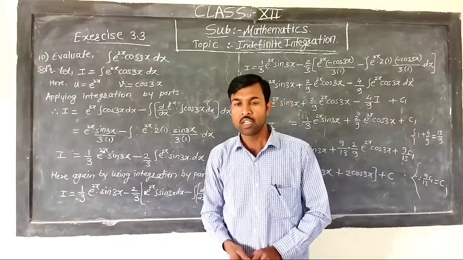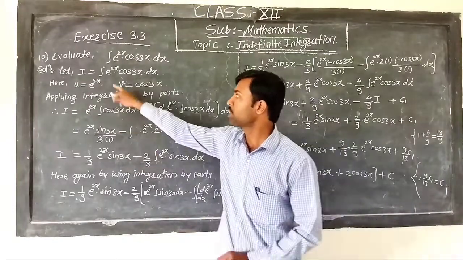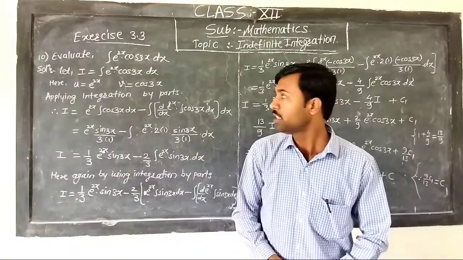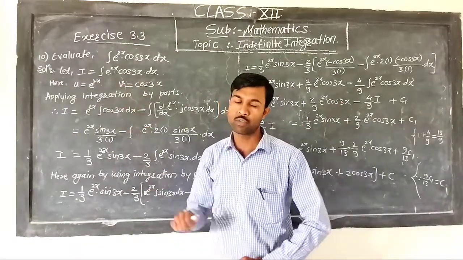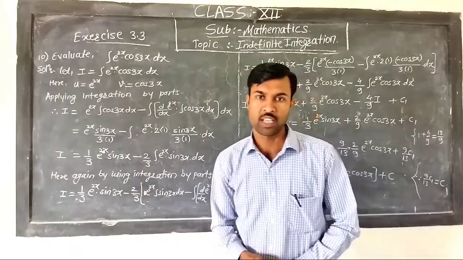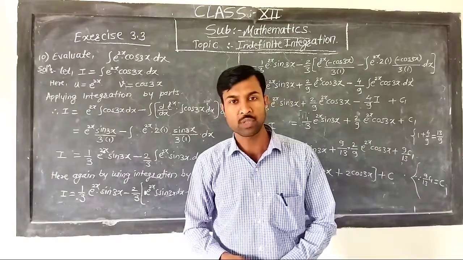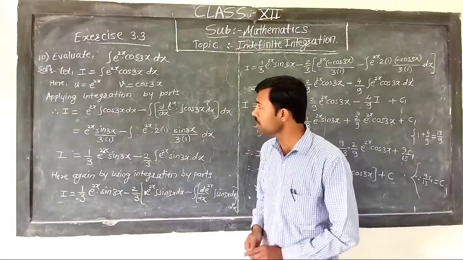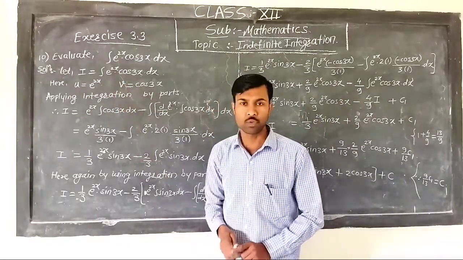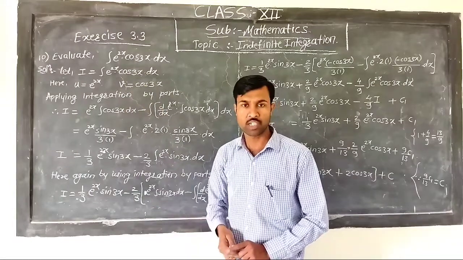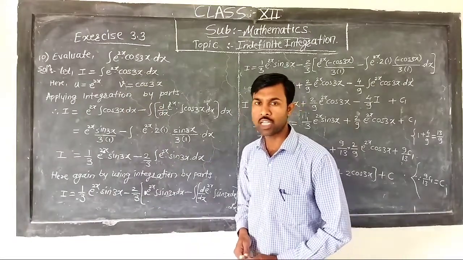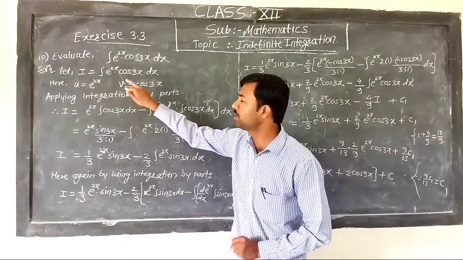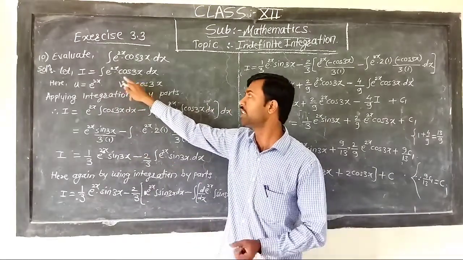If we observe here, we will observe that here is a multiplication of two terms. First one is exponential and the second one is trigonometric. And there is the integration of this product. So we have to use here integration by parts. And while using integration by parts, we have to choose first and second function. Now friends, if you observe, here is the exponential term e raised to 2x and the second term is trigonometric term. It is always better to take exponential term as a first term when we can take the integration of the second term, that is integration of cos 3x.